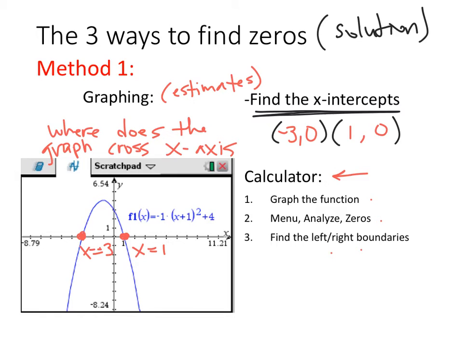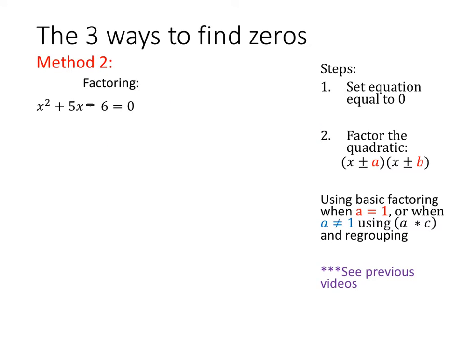And we can make a left and a right boundary, and you can find those zeros pretty easily. So the idea there is that that's the information for graphing, and we can just use that to go forward with this. Now our second way that's a little bit more accurate and sometimes a little bit more straightforward to find our zeros, or what we know as our solutions,